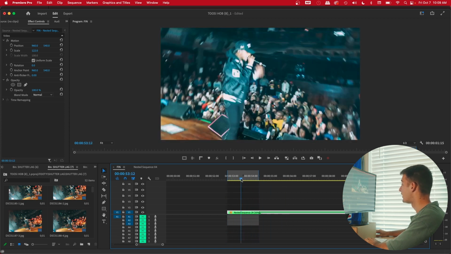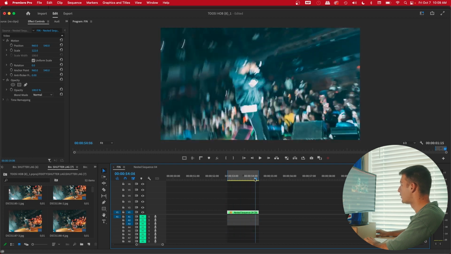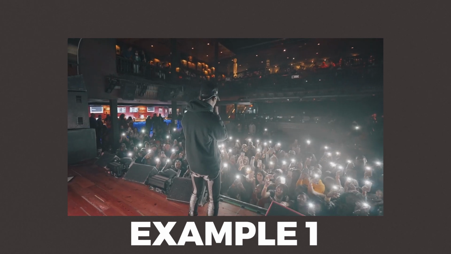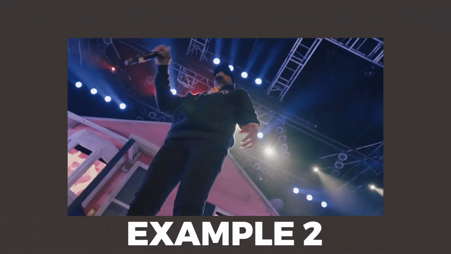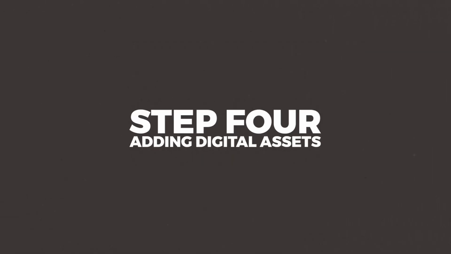So pick your favorite 7 to 10 frames, and then you can delete the rest of the nested sequence, and then this is what you'll overlay on your timeline. And that's pretty much the effect. We can check it out right here. Super short and simple. However, if you'd like to take it one step further like I did, you can add